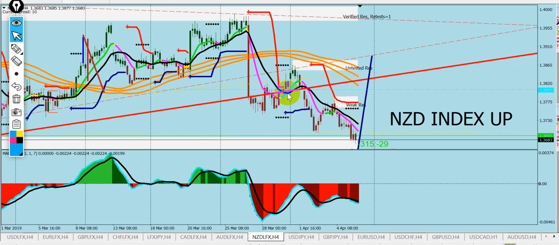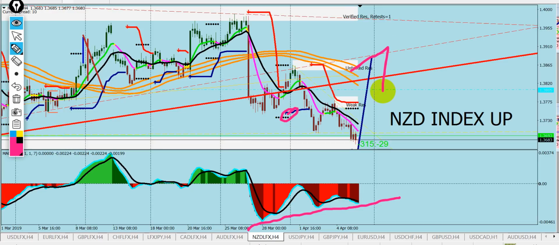New Zealand, we forecasted that it would go up, it did not go up, but you can see in the MACD it is losing momentum here. So we were here, we expected it to go up, it did come down a little bit, thinking we'll find support here. Also the price is far away from the 50 moving average. Usually when this happens, the price will pull back.